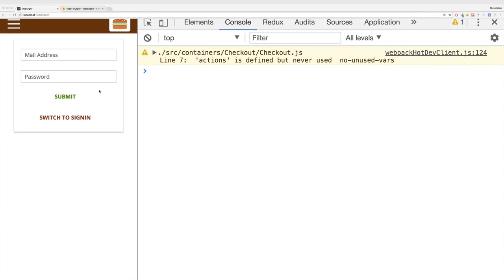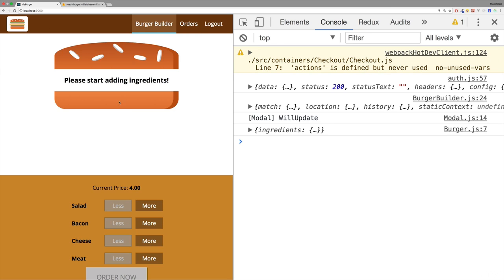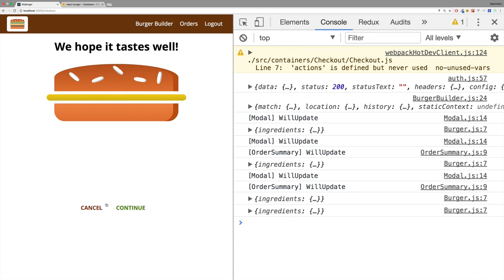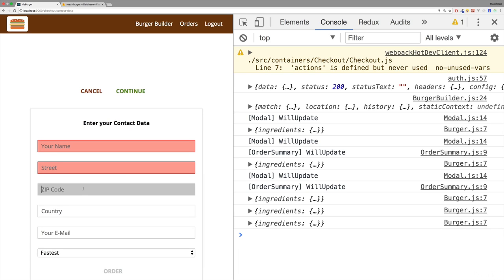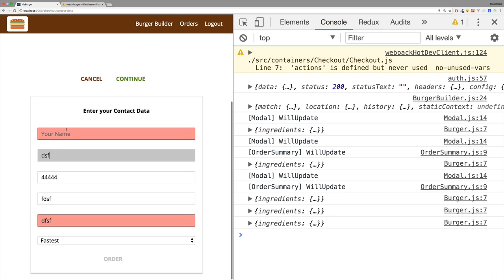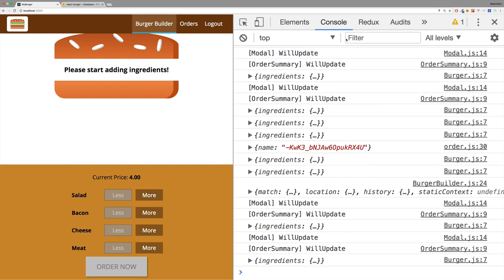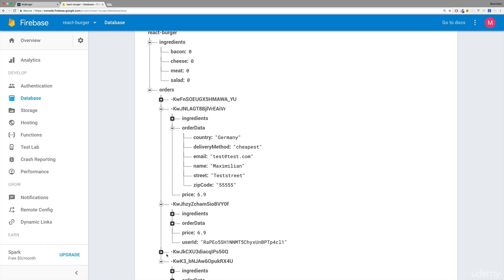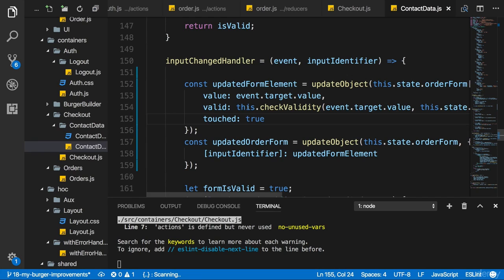If we now save that and go back to our application, let's expand this. Let's quickly log in here, switch to sign in. Now, if I go on to the contact data form, here, let's see if that still works. Looks good. I'm still getting validation errors and so on. So I seem to be required to enter valid information here. So that is a good sign that our order still is processed correctly. And if we send it off to the backend, we inspect this new order, we also see that all the data was passed on correctly. So now this is working, we're using update object.